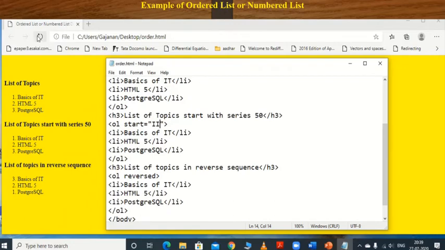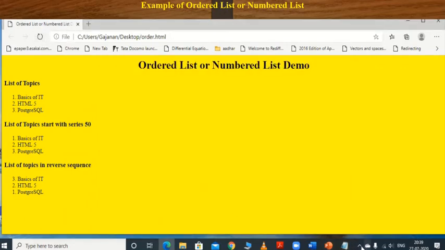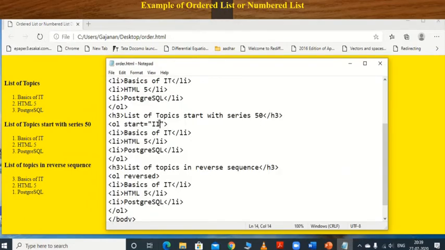Save this and execute this. Listen here, these values are not for start. The start attribute only holds the number, that is 10, 12, like this, that is 50. It cannot hold letters here, correct? So save this and execute this one.